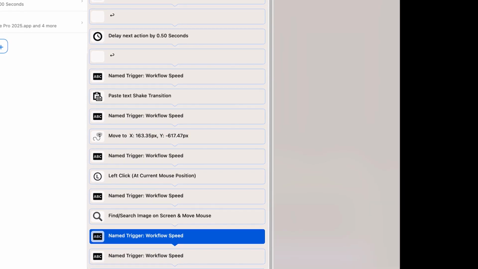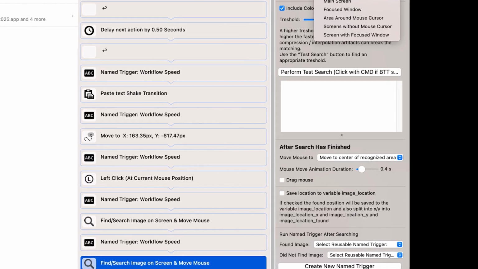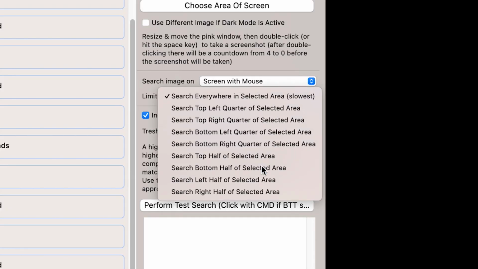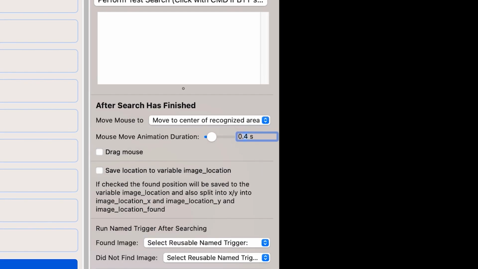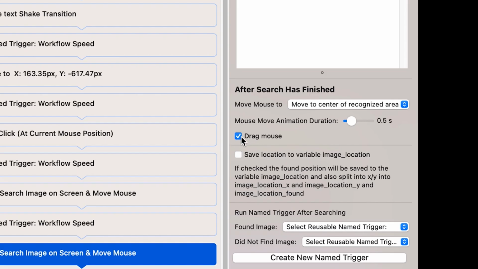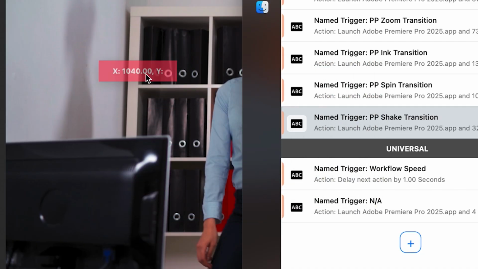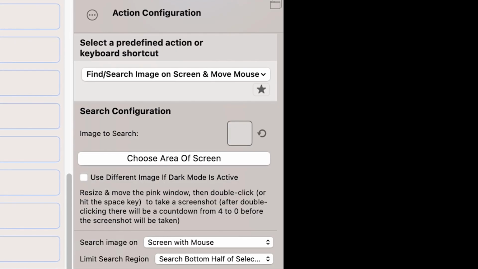If your mouse cursor hovers over the area of your screenshot, you can continue by adding the same action once more. This time, limit the search region to the bottom half of your screen, change the threshold value to 0.9, increase the duration to 0.5 and check drag mouse. Then click on choose area of screen and position and resize the rectangle like this. Make sure the playhead is exactly in the middle of the rectangle, press the spacebar on your keyboard and wait